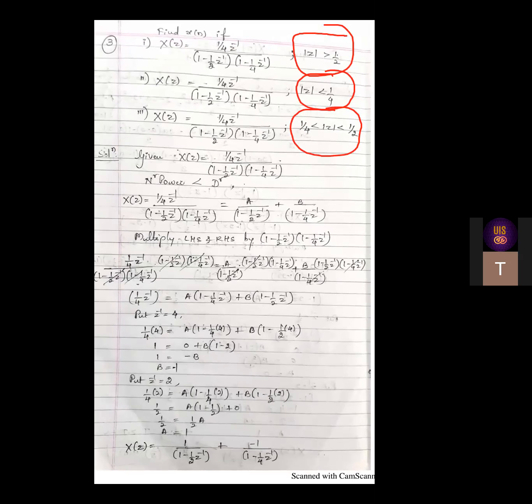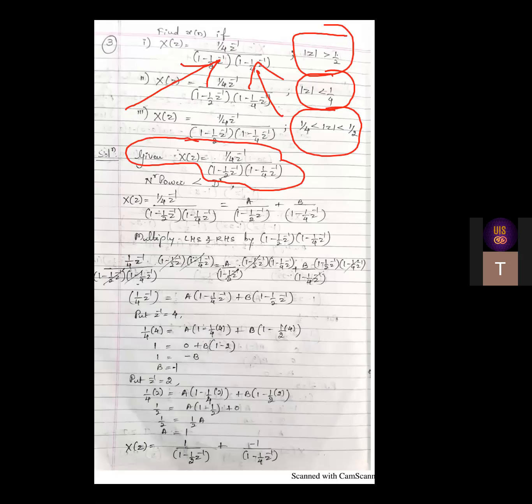So we will start with the given x of z. The very first thing is we need to observe the numerator and the denominator power. The numerator power is 1. In the denominator, there are two factors, two brackets, and if you expand it, you will get the power z raised to minus 2. So the numerator power is less than the denominator. Obviously, the first condition applies, and directly we should go for partial fractions. Before going for that, the denominator should be factorized. But the question has made it a bit simpler by directly giving you the factors.